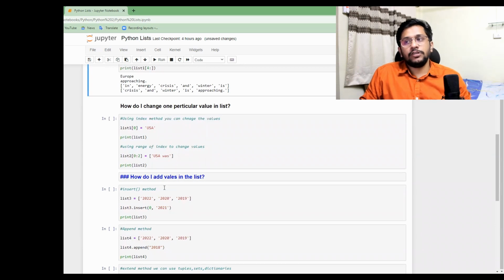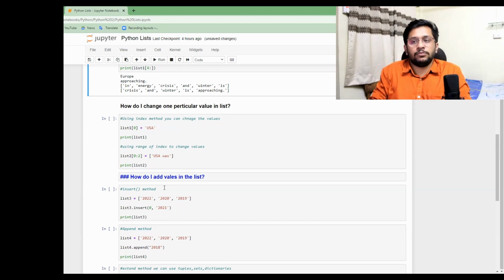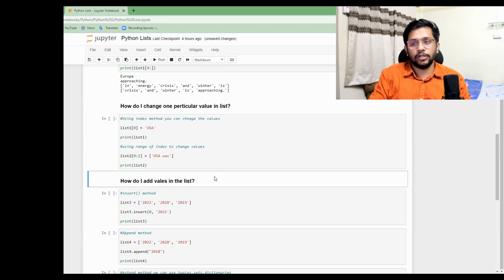Next is, how do I change one particular value in a list? Now this might help you if you are running some data cleaning activities. If you think that there is a mistake in spelling, let's say my name is occurring very frequently in the database and that spelling is wrong. It says ADITY. Rather, the spelling for my name is ADITYA. So to correct that, you need some operations where you could replace or change particular values in the system. There are multiple ways again to do it. You could change a range, or you could simply change one particular index as well.